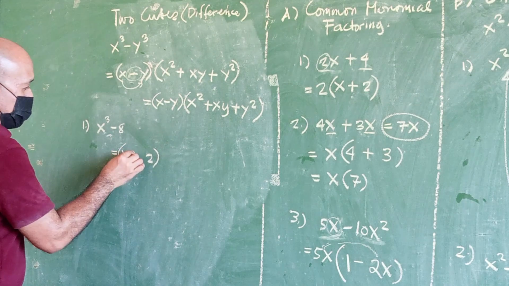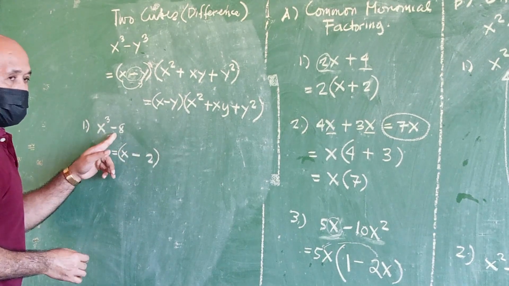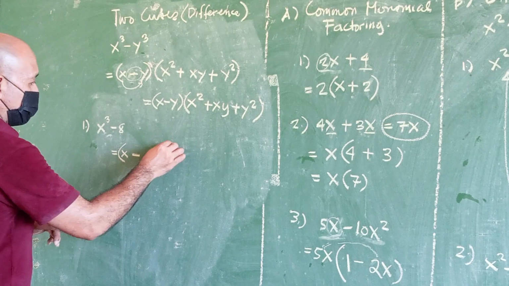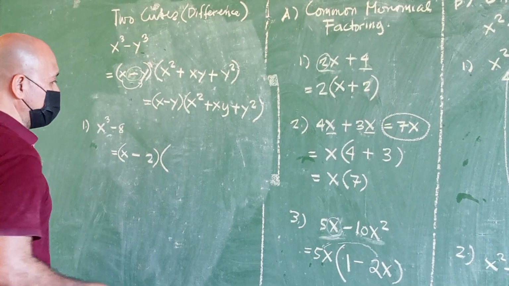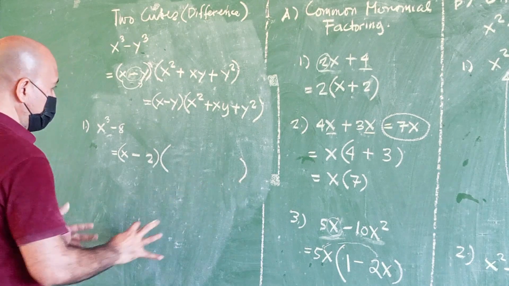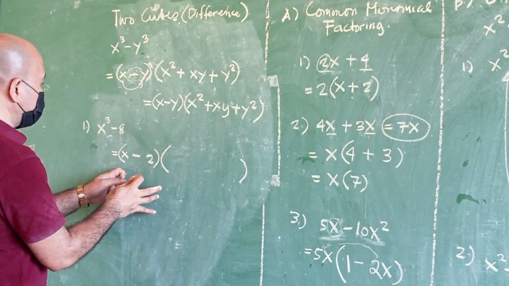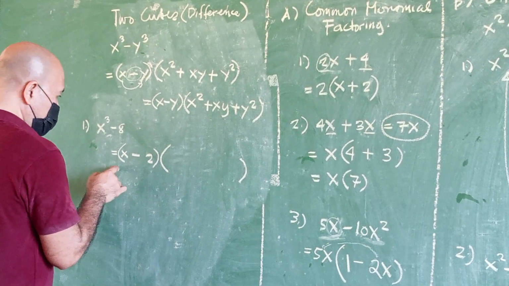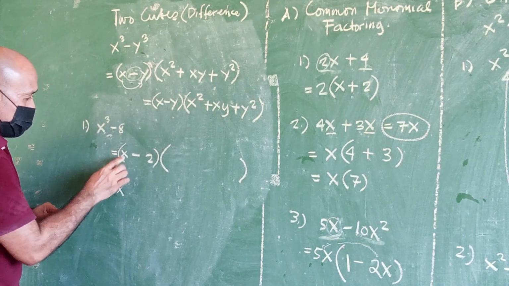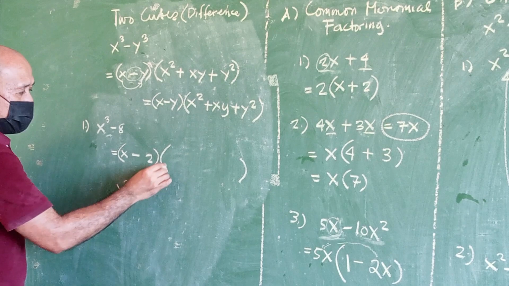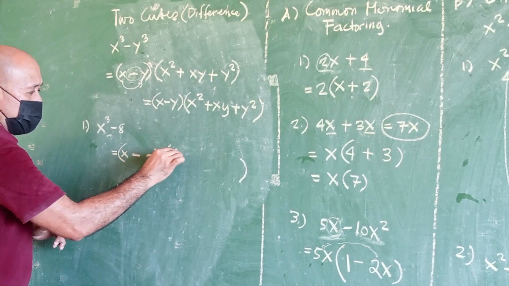And then use the original operation or sign, which is minus. And for the second factor, which is the trinomial part, you just have to square x. So for this x, raise it to the power of 2